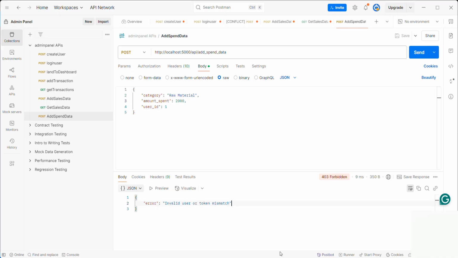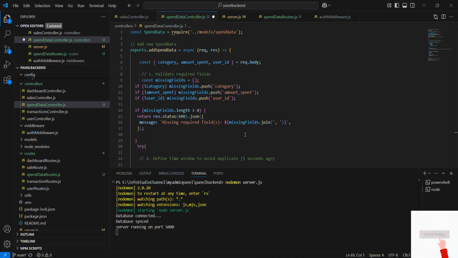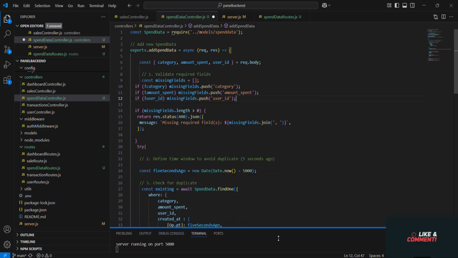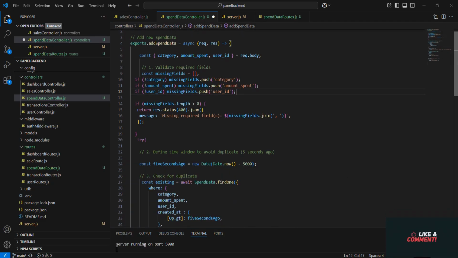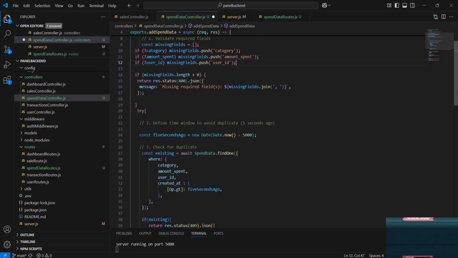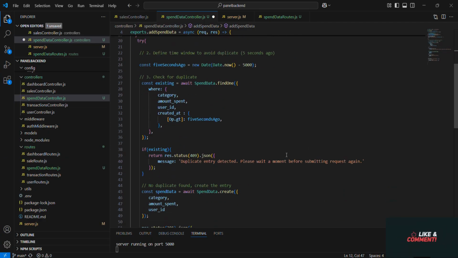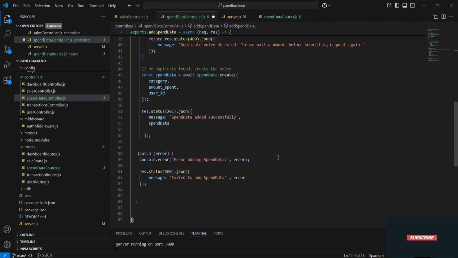Okay, we have encountered an error. Let's check out why it happened. As we can see, we haven't set any error message like invalid user or token mismatch in the AdSpendData functionality, which means this error must have originated from the auth middleware.